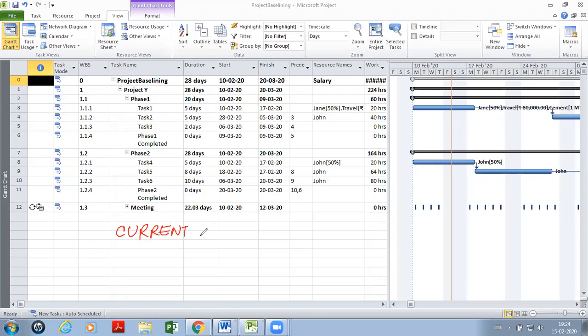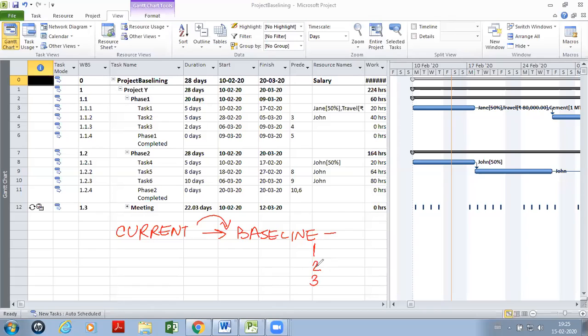Now this current data has to be copied into a baseline. When we are writing this into the baseline, we have got 11 choices. We can write it in Baseline. We can write it in Baseline 1. We can write it in Baseline 2. We can write it in Baseline 3.